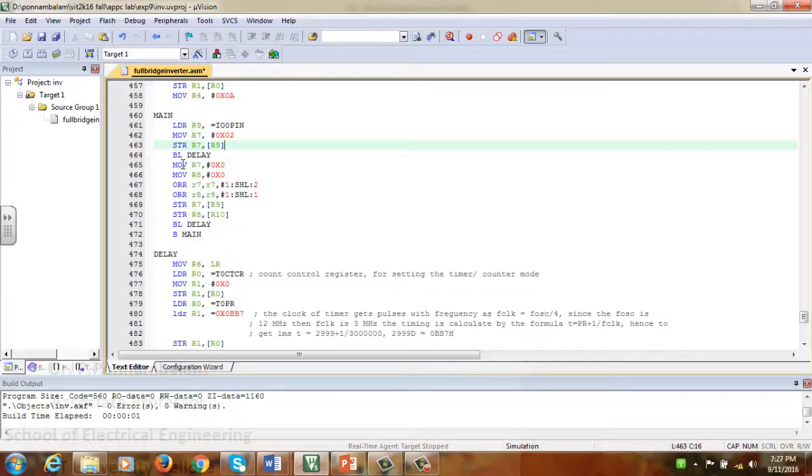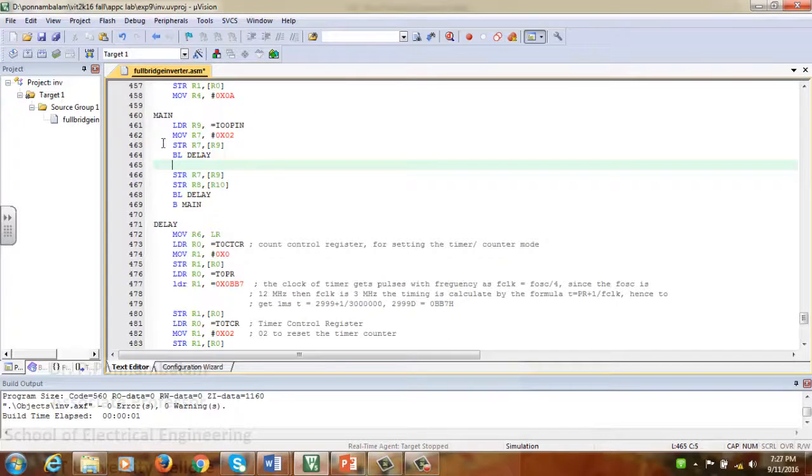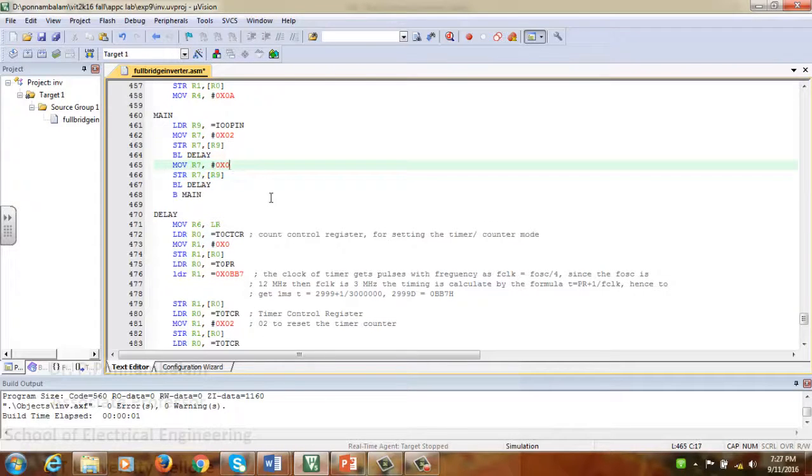And then the same thing I can use over here. This one I'll put as 4. So 2 is for the second pin, that is port P0.1, and 4 is for port 0.3.